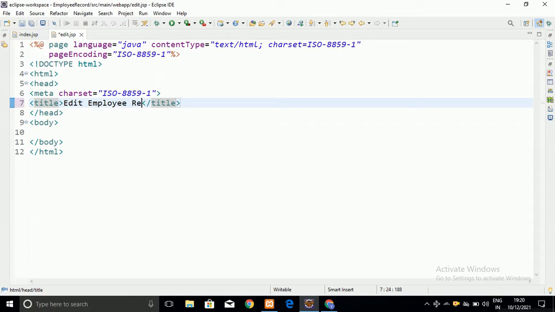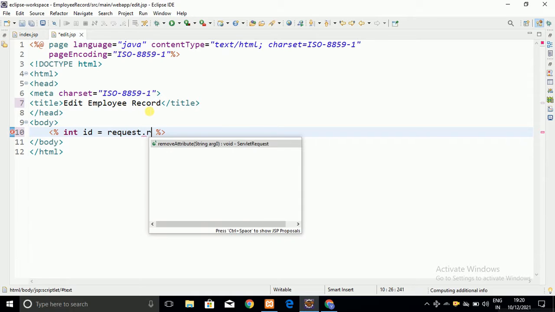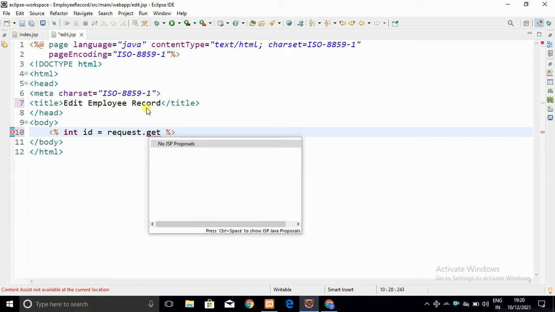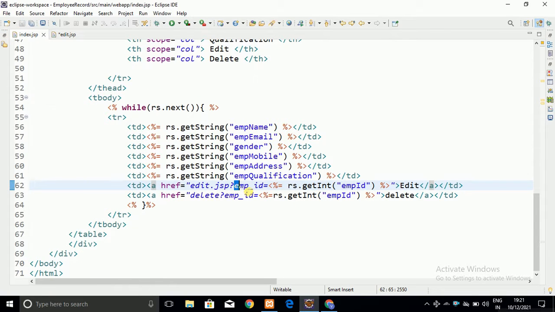This is the edit employee page, as you can see. Into that, let me add the Java code. I am going to get it by making use of request.getParameter. Here I have declared the id variable and request.getParameter, where the parameter name is the name which you passed in the index.jsp page, that is employee underscore id.